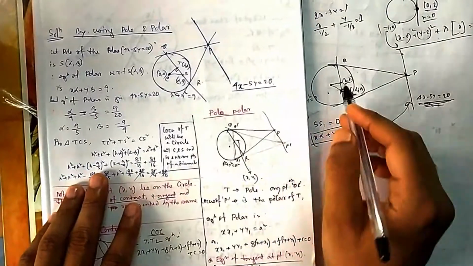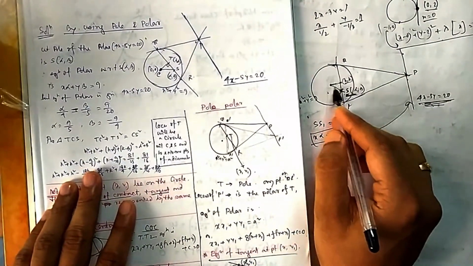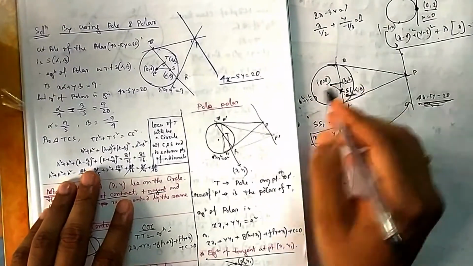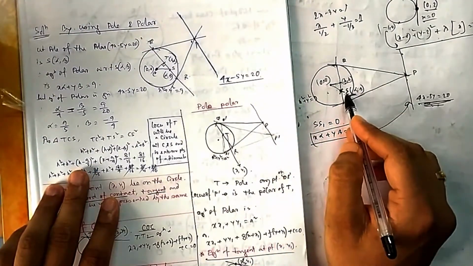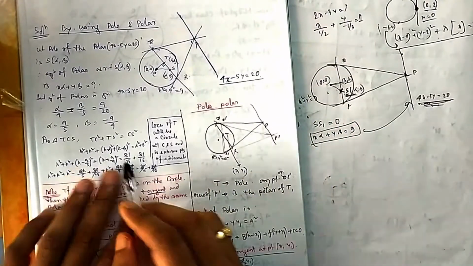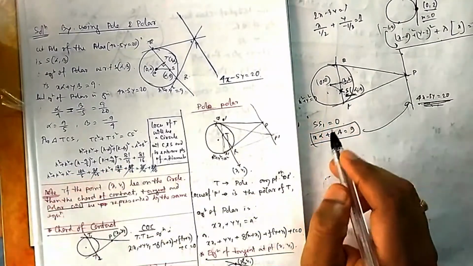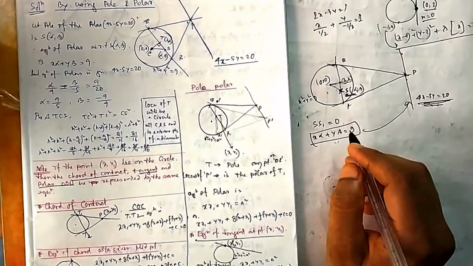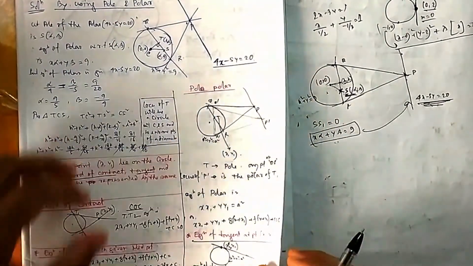So from this triangle, if we apply Pythagoras theorem, this distance plus this distance, this center you know is 0,0. So h square plus k square, plus h minus alpha plus k minus beta whole square is equal to alpha square plus beta square. So you can use this concept once you know alpha beta, or these are theories that we have explained, or you can do it by using that concept also.